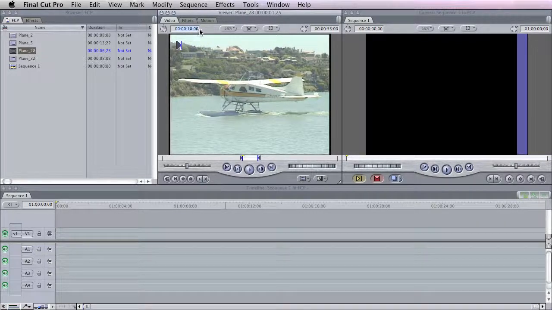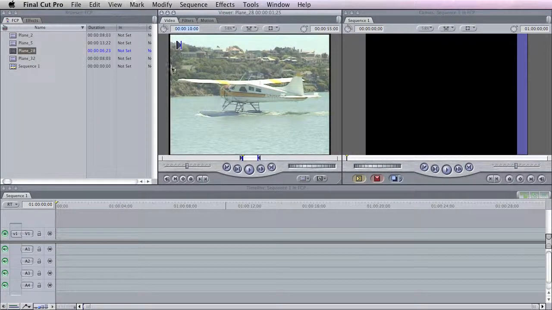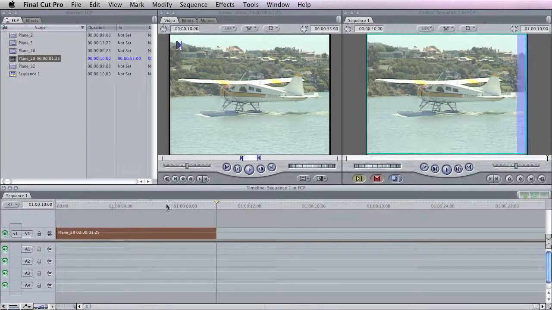And again, you'll notice the duration here is 10 seconds. That is coming from the preferences that you can set here, so you can create your still frames to be any number of seconds that you prefer. We'll just go ahead and leave it at the default here of 10. And I can drag this over to the browser so that I can save that for later use in this project. And of course I can also bring it down onto the timeline, and you'll see here that we have indeed a 10-second still. If we look at this in Premiere Pro,